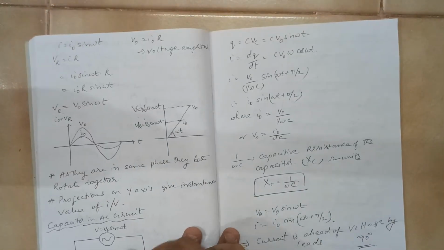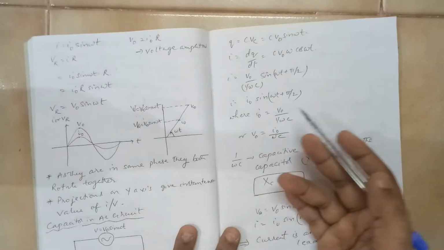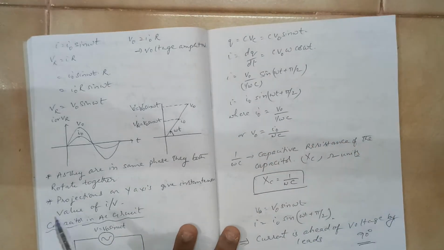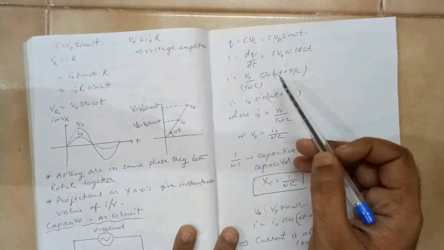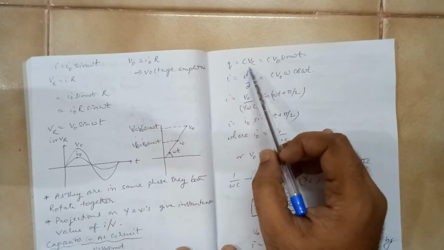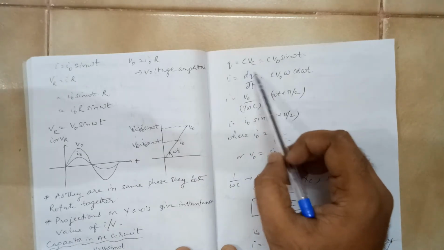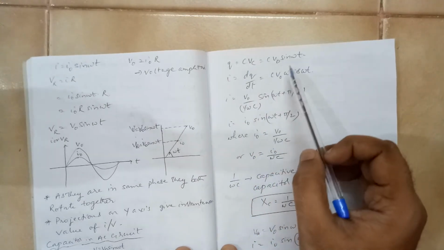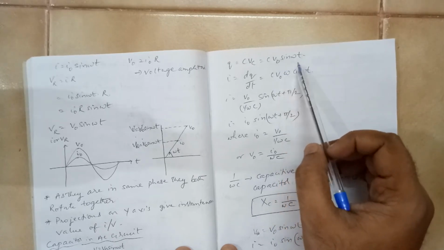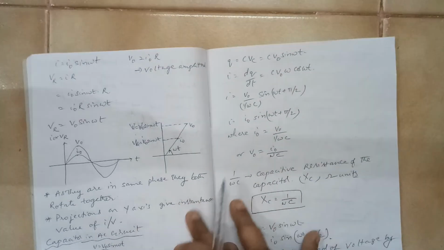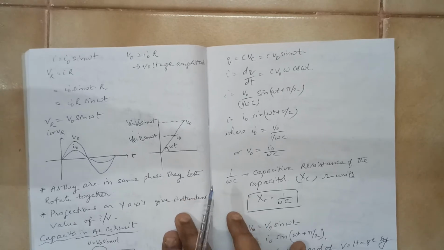So how do I get this charge? Take the capacitance, multiply with the voltage. There it would be a constant voltage. Here it's a voltage which is varying with time. So Q is equal to C VC, but V across the capacitor we are writing as a function of time, V0 sin omega t. Always we take a sinusoidal variation, most of the cases.